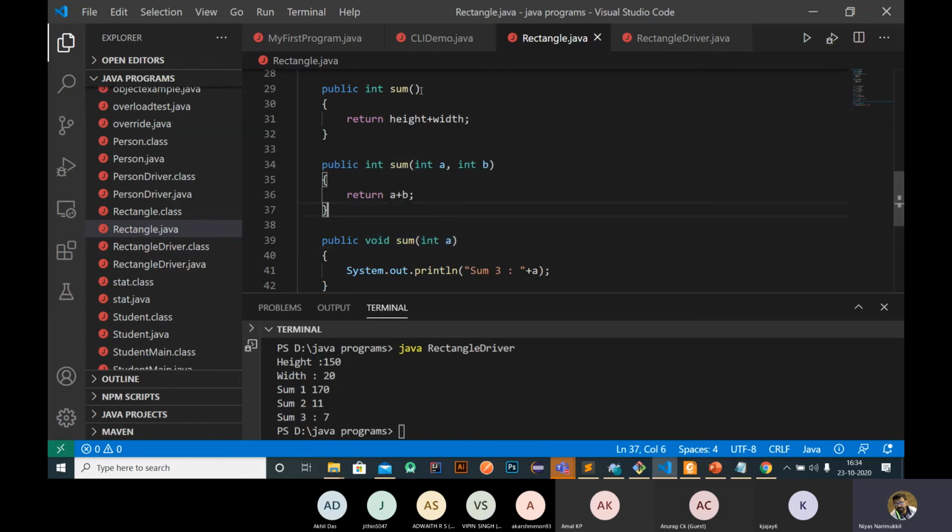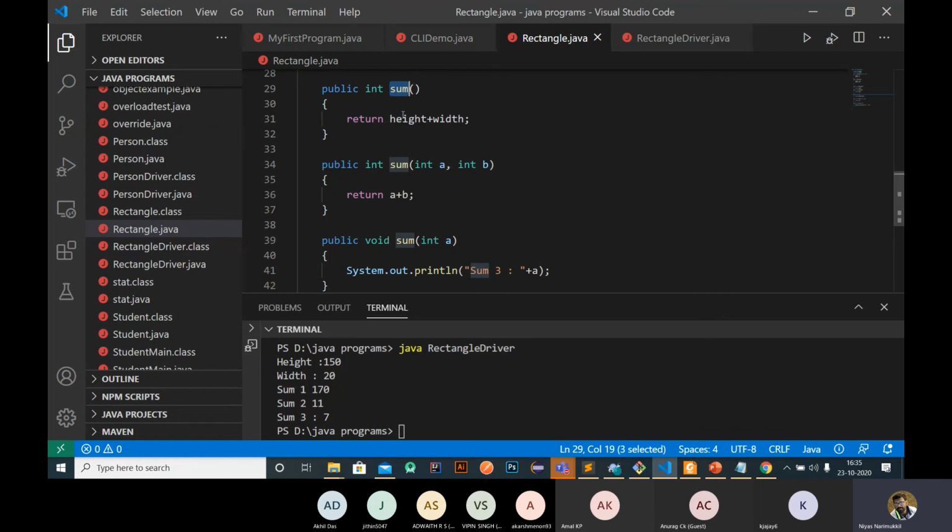Otherwise the compiler gets a problem, right? Whether to choose this one or this one. Okay, so this is called method overloading. We can change the return type, and we can also change the parameters here. So we can use the same function name and it will behave differently based on the parameters.